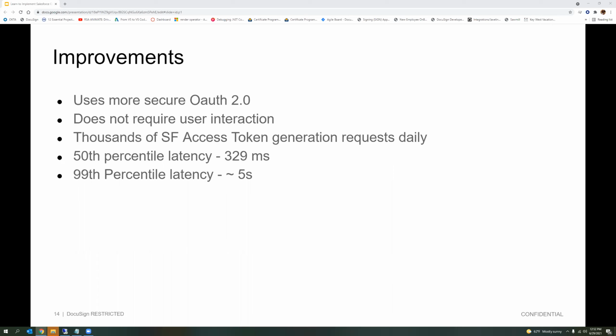So basically, a SAML assertion means a really big XML payload where all the information is in plain text. You can see that assertion, and then you send that assertion over the wire. Instead, in a JWT token, you have a compact token which is encrypted and very secure, and you send it over the wire to Salesforce in order to get an access token.